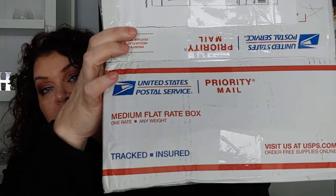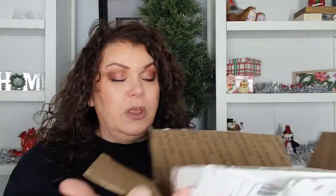Okay, next you have the medium flat rate box, which is what a lot of people use for their giveaways. I just happen to have one up here. So medium flat rate box, up to 75 pounds, this will ship for $16.25. And there are two different types of